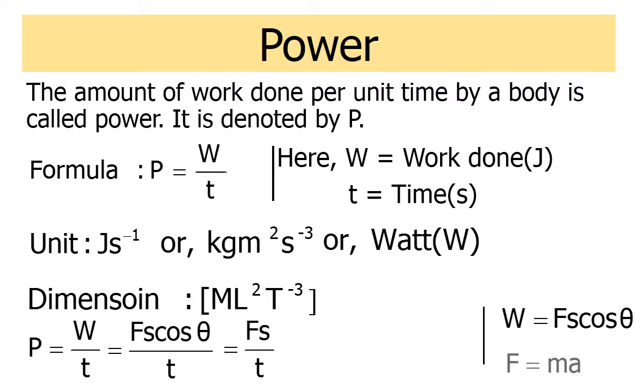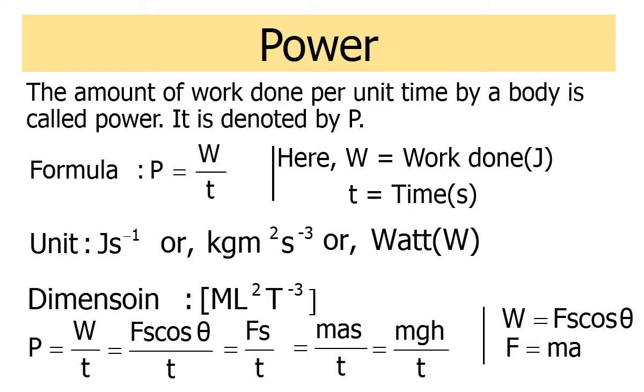Again, putting the formula of force F equals m a in the formula, we get another formula of power, which is m a s by t. And again, if acceleration due to gravity takes place, then the formula of power will be m g h by t. These are the formulas of power which will help you to solve mathematical problems. If we observe the formula clearly, then we can see the power depends on mass, height, work and time. Work, mass and height are proportional to the power, and time is inversely proportional to it.